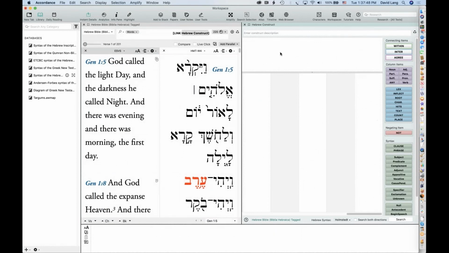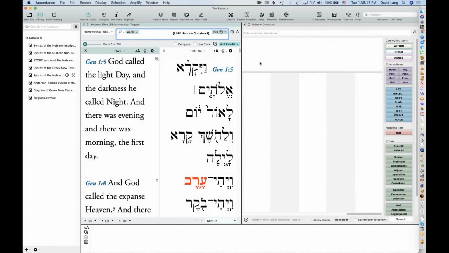I get a new window that's a graphical window, and it's automatically linked to my Hebrew Bible window. Now that link command automatically got inserted because I had selected the previous search and said, hey, I want to use this window for a new search. So Accordance automatically inserted the link command for me.